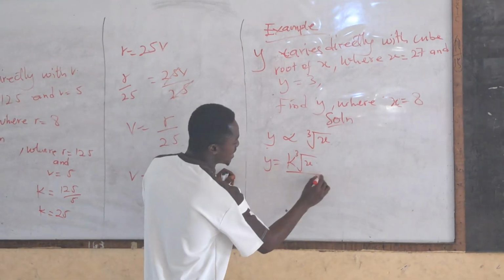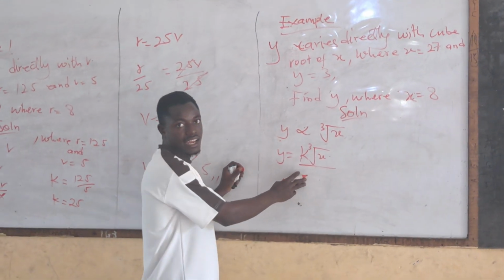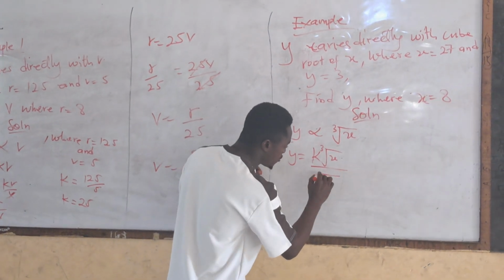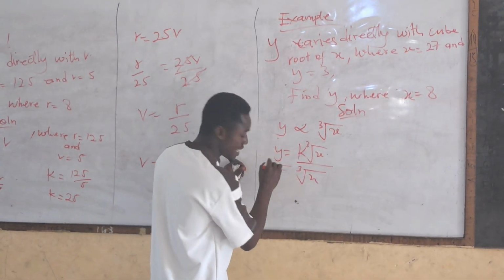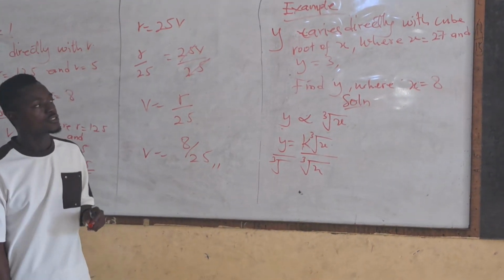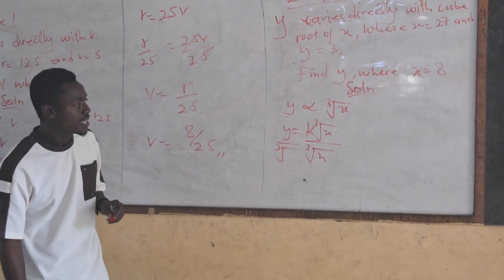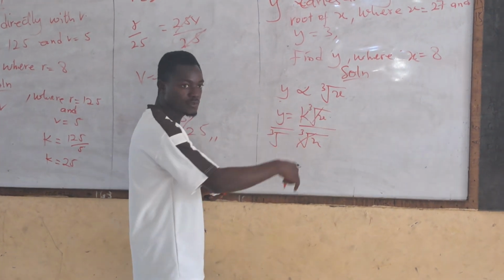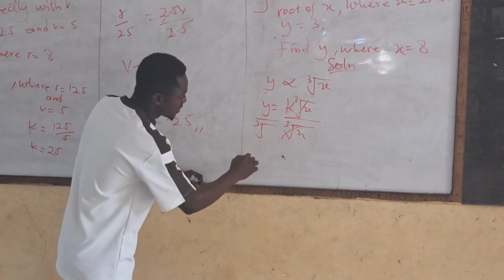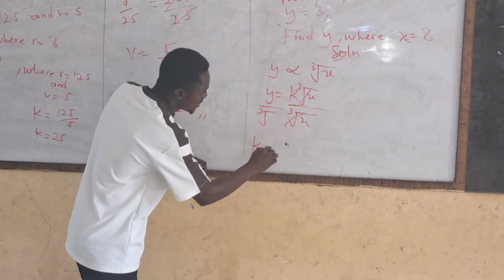You can divide both sides by the cube root of x, right? So we divide here by the cube root of x, here also by the cube root of x. And the cube root of x will cancel the cube root of x, and we have k equals